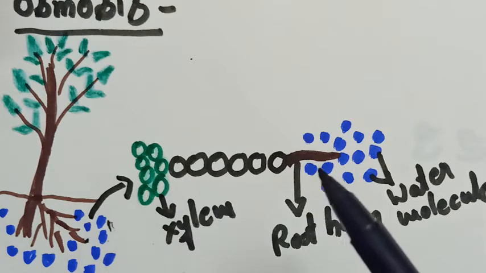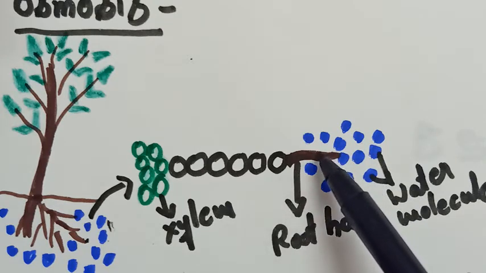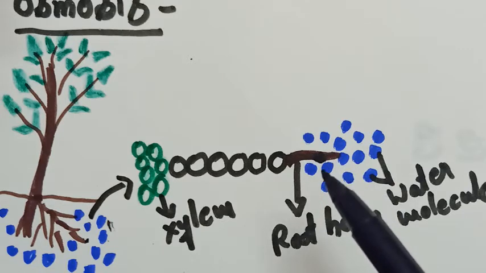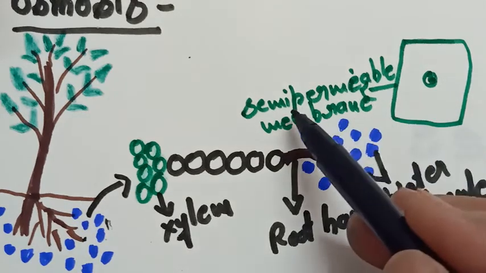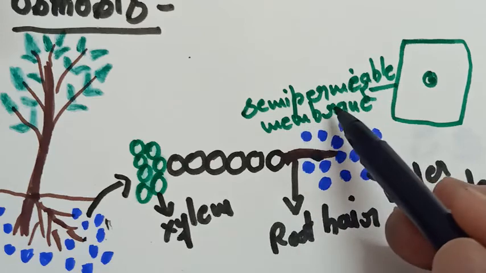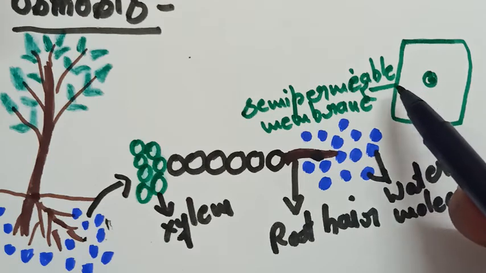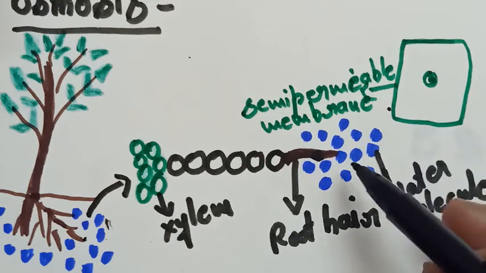So simply the process by which the higher concentration of water moves into the lower concentration inside the root hair, this process is known as osmosis. And student, as we know that plants are also made up of cells, if we read the structure of a plant cell, there is a semi-permeable membrane. Semi-permeable membrane is a membrane present at the outer lining of a cell. Okay, so water is absorbed from the soil through this semi-permeable membrane, which is known as osmosis.